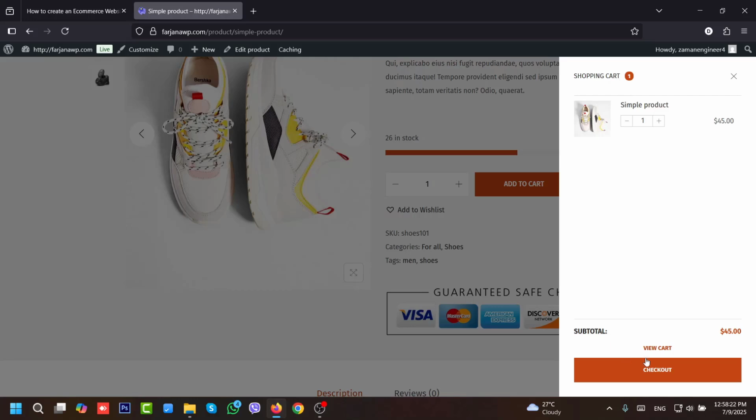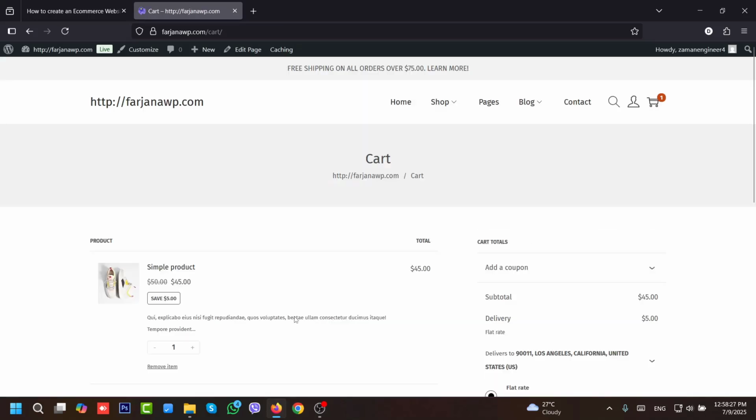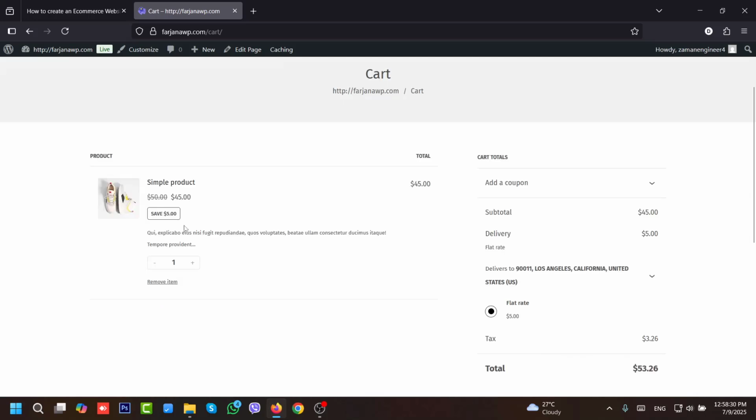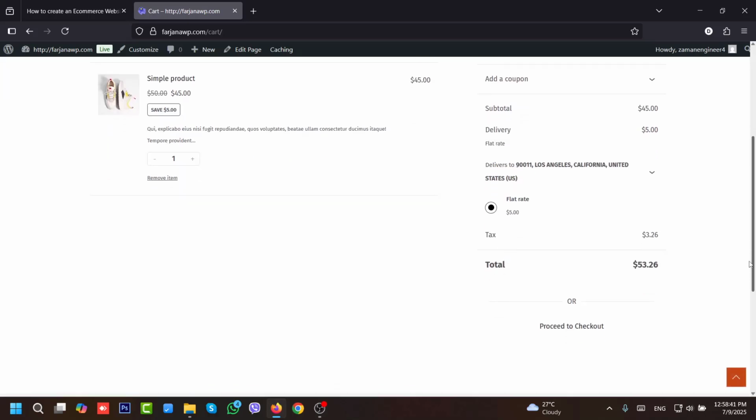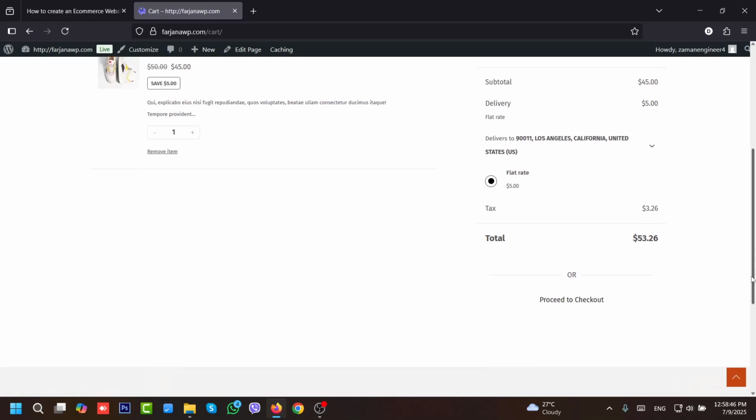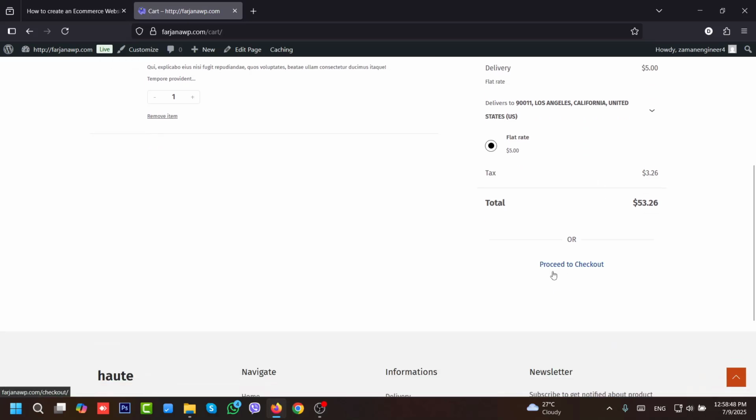and here is the mini cart. We can go to the view cart or checkout also. So from here we can recheck our added item, or if you need to add more, or if you would like to remove any, you can do it from the cart page. And here you can see the shipping charge, the tax rate, and if all is good then go to proceed